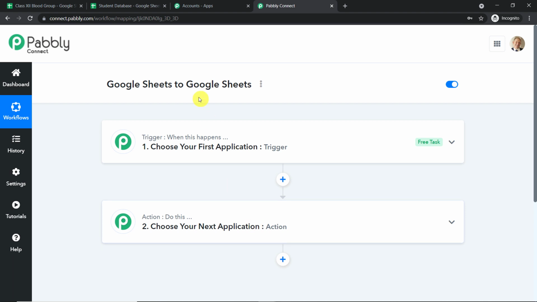So basically, using the trigger window as well as the action window, we are going to create a workflow to integrate Google Sheets to Google Sheets. Now the best part is after I have built this workflow, I will make sure the link of this workflow is available in the description box so that you can clone it and directly access it in your account and begin your automation journey right now.